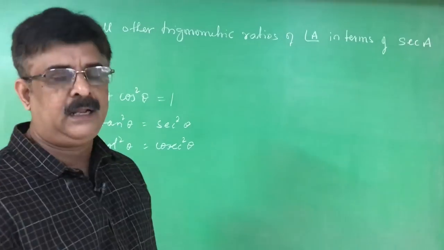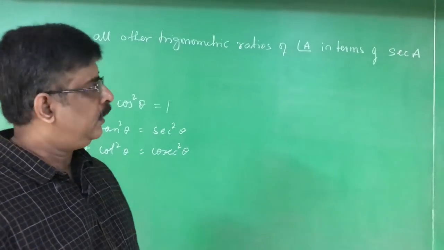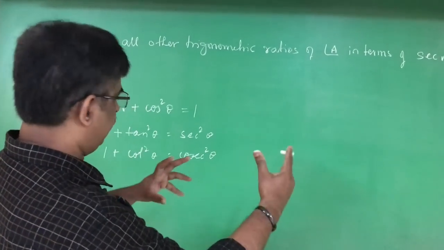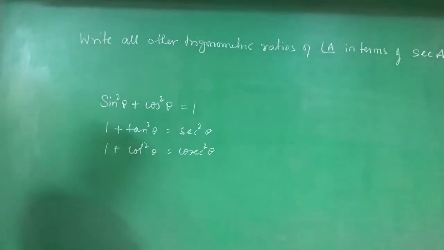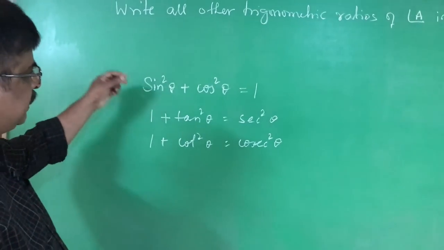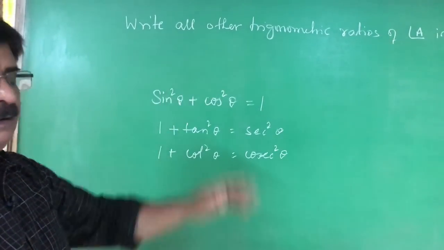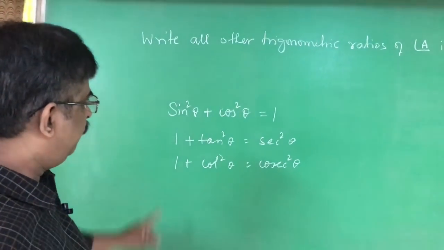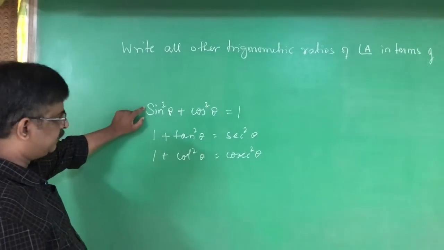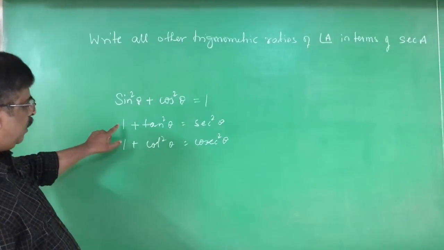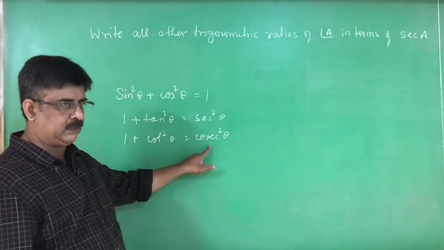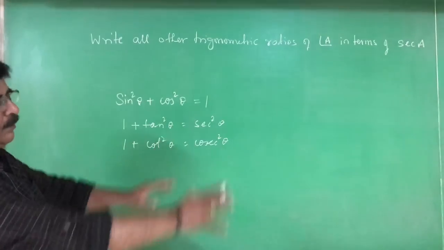The next trigonometrical ratio is cosecant. I wanted to have a relationship between cosecant and secant. Which identity can I use? See, the major part of this particular idea is which identity to be selected to solve our problem. That is the major task here. Which identity suits to find the relationship between cosecant and secant? This one, sin square theta plus cos square theta is equal to 1, or 1 plus tan square theta is equal to secant square theta, or 1 plus cot square theta is equal to cosecant square theta. Which identity suits to solve our problem?